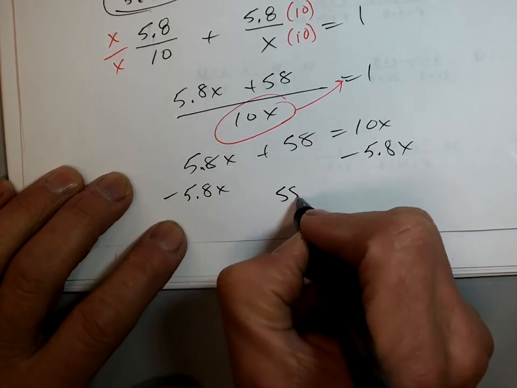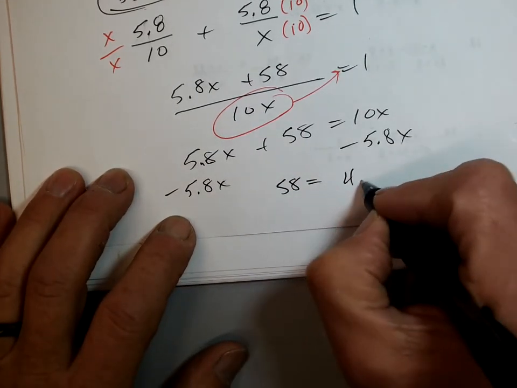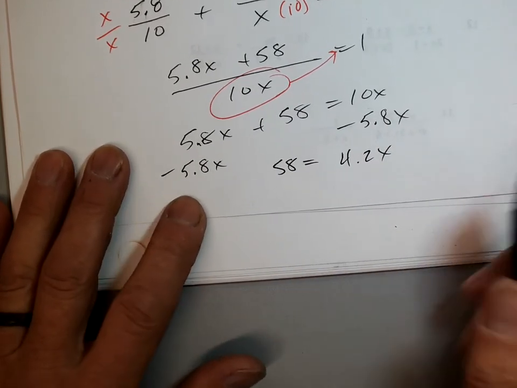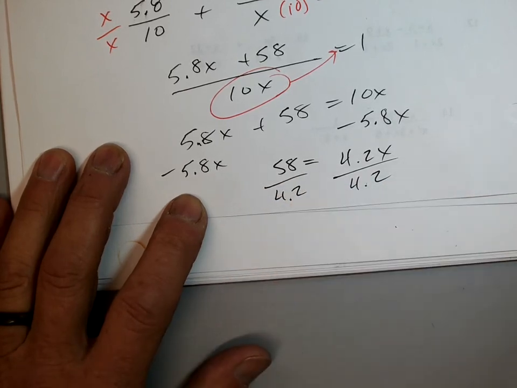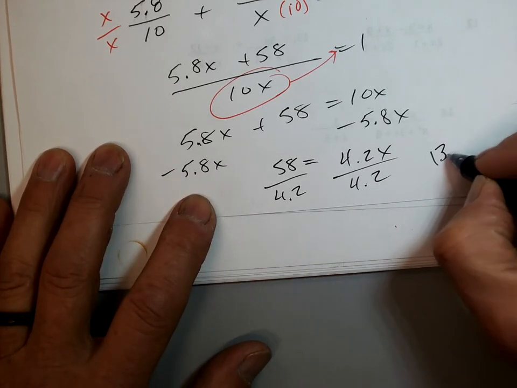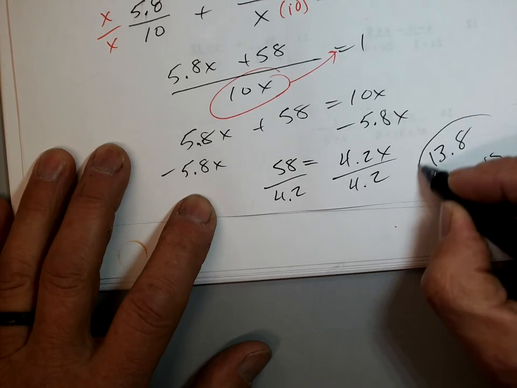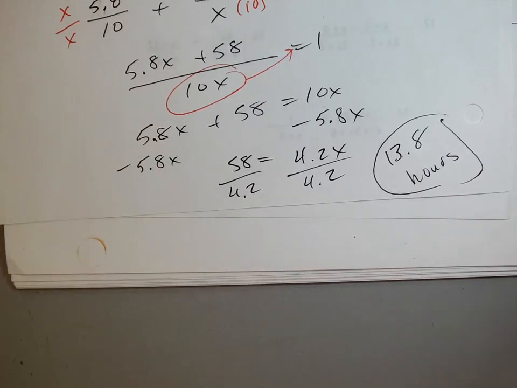So I have 58 equals, what is that, probably 4.2x, right? I'm going to divide, and figure out what is 58 divided by 4.2, and I get an answer of about 13.8 hours it'll take Tom by himself. Okay, how's that? Awful. That's what I got. So I always like to say this is probably the